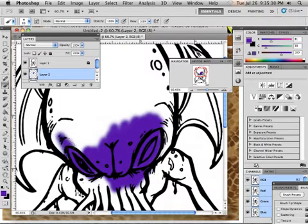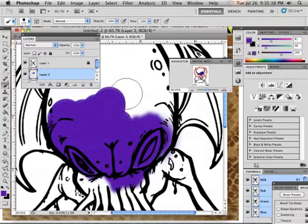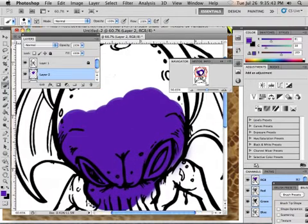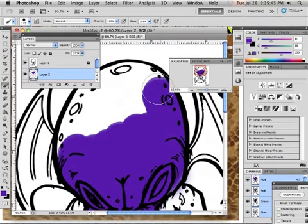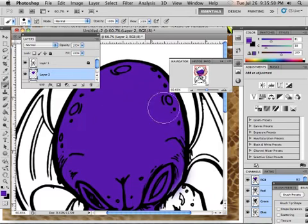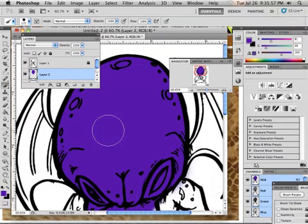Okay, so I'm just going to color in an area real quick. And if I use a hard edge brush, I can do it in half the time. Let me just color a small area so we can experiment. Alright, we'll treat this one area as the area at which we'll begin lightening and darkening things. Let's say I want to lighten an area. What I like to do is set this to a lower value of opacity,